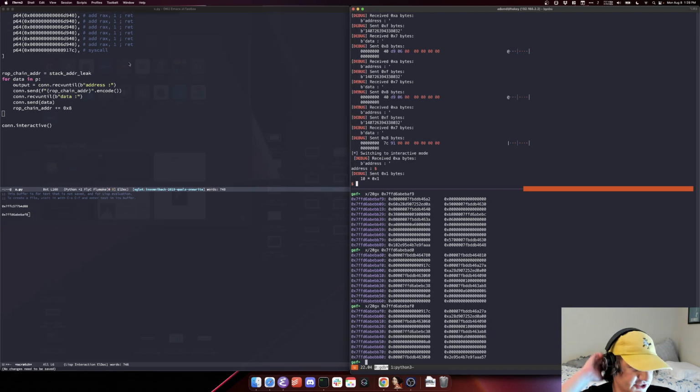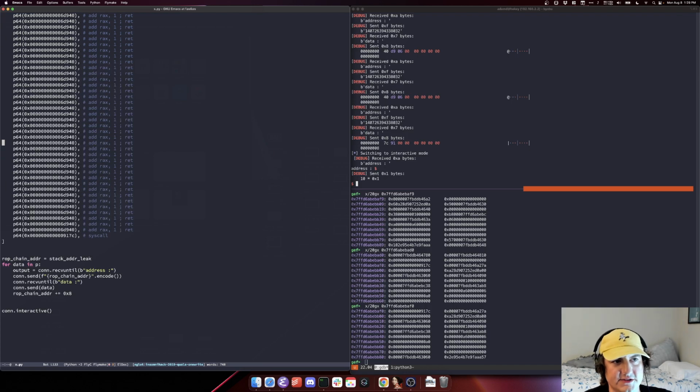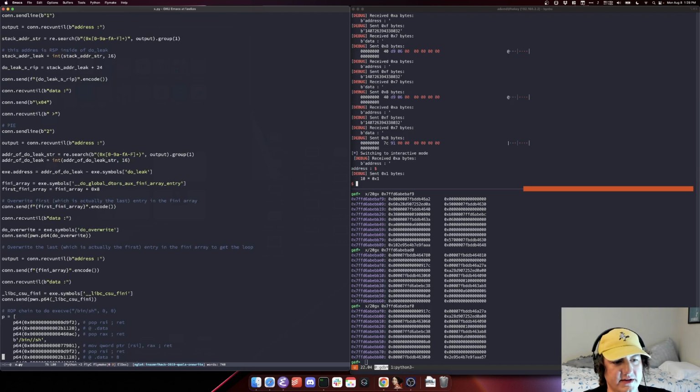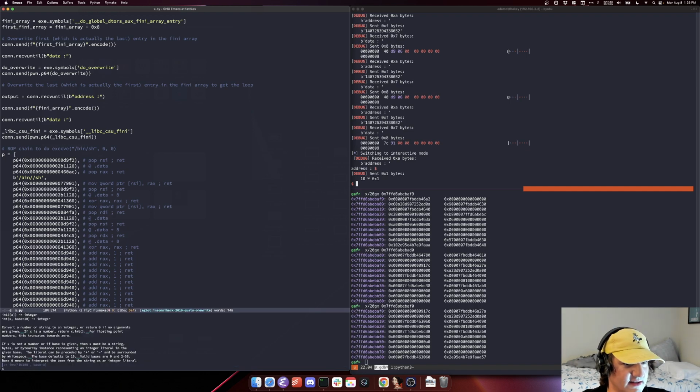Now I should see my chain, but I already noticed another problem. The other problem is, well, these are not stack locations in memory, right? And the reason is these are all P32s of these addresses. These addresses have not been offset from our address. So another Emacs macro, bang, bang. Let's see. And here I want